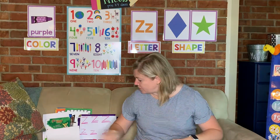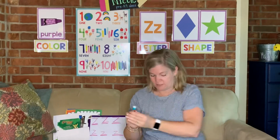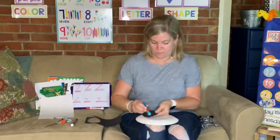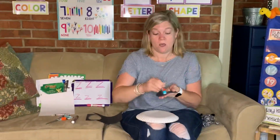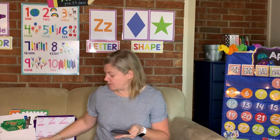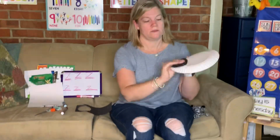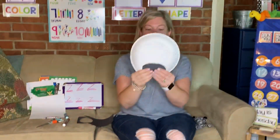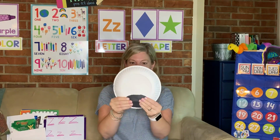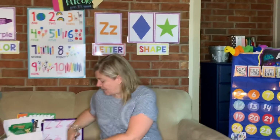So now I'm gonna take my glue, and I'm going to go ahead and glue that down, kind of close to the bottom of my plate. So I'm gonna put a little bit of glue on there. Remember, I like to put the glue on the back of the piece of paper that I'm gluing down so that I don't get glue all over my blank canvas there. So I'm gonna put my zebra snout, we'll call it a zebra snout, right down here at the bottom. Okay, now I'm gonna take,